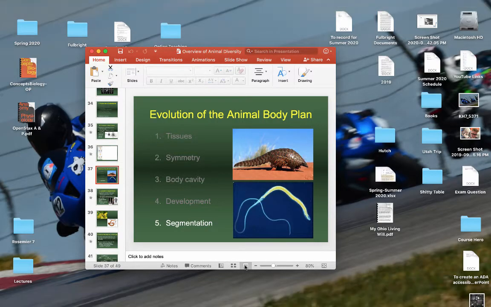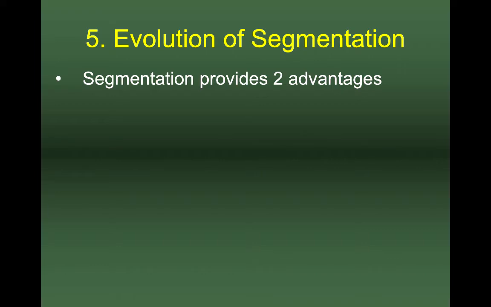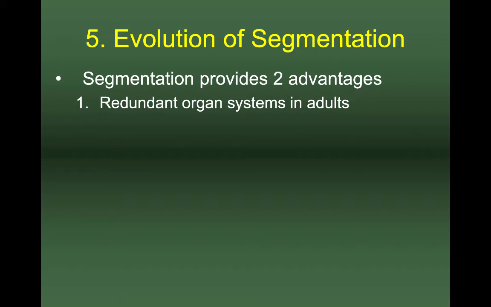Alright, so we're going to start up now with what should be our last section on the overview of animal diversity. And the next feature that we're going to look at is segmentation. Segmentation is the idea that the body is built with repeating segments or components that are somewhat redundant or somewhat repetitive. And a couple of things that this does for animals that have evolved it is,